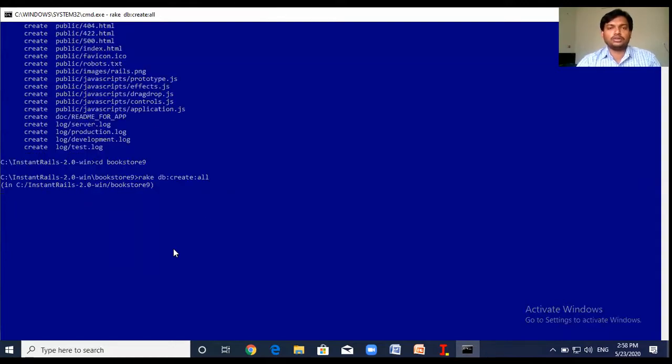By default we will be using the bookstore 9 underscore development database.